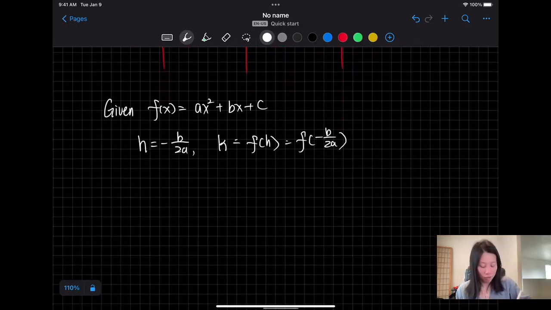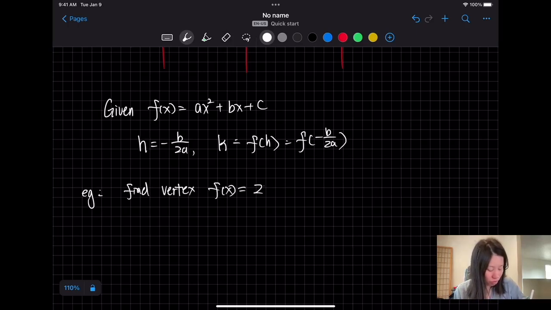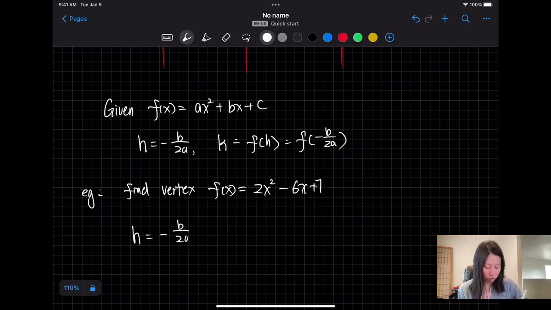So let me have an example. Let's find the vertex of f(x) equals 2x squared minus 6x plus 7. How do you find that? Well, we know that the x-coordinate of the vertex is equal to negative b over 2a. This is a standard form. In this standard form, we have a equals 2, b equals negative 6, and c equals 7. And we can substitute this into our formula to find the vertex x-coordinate,